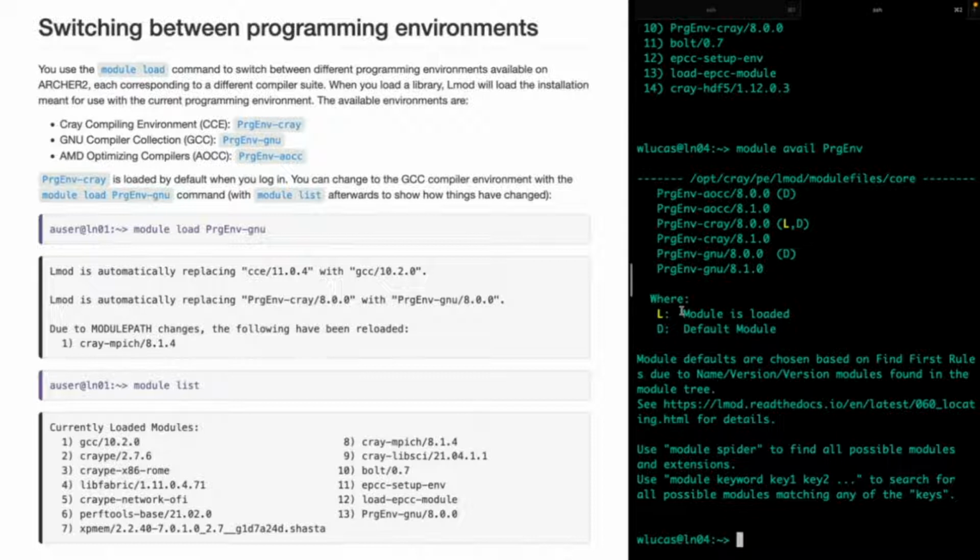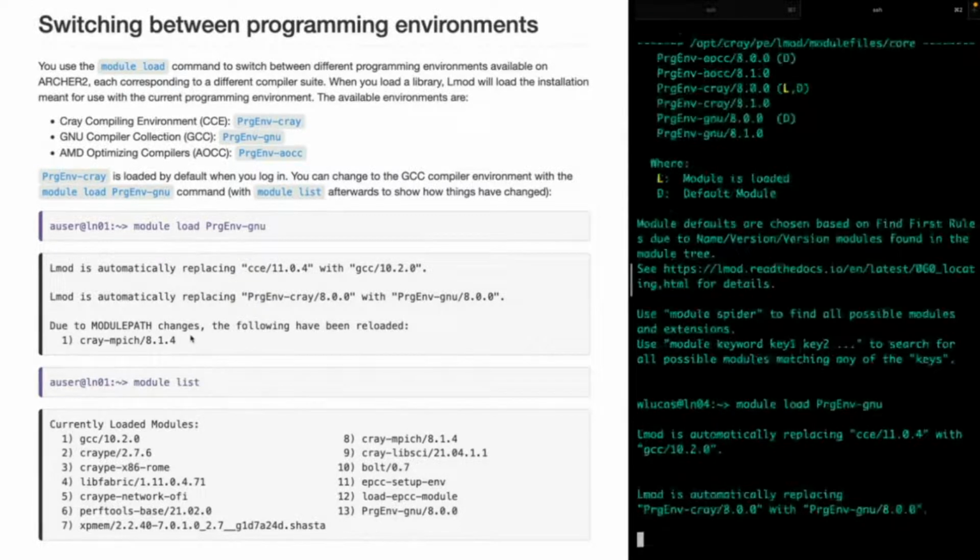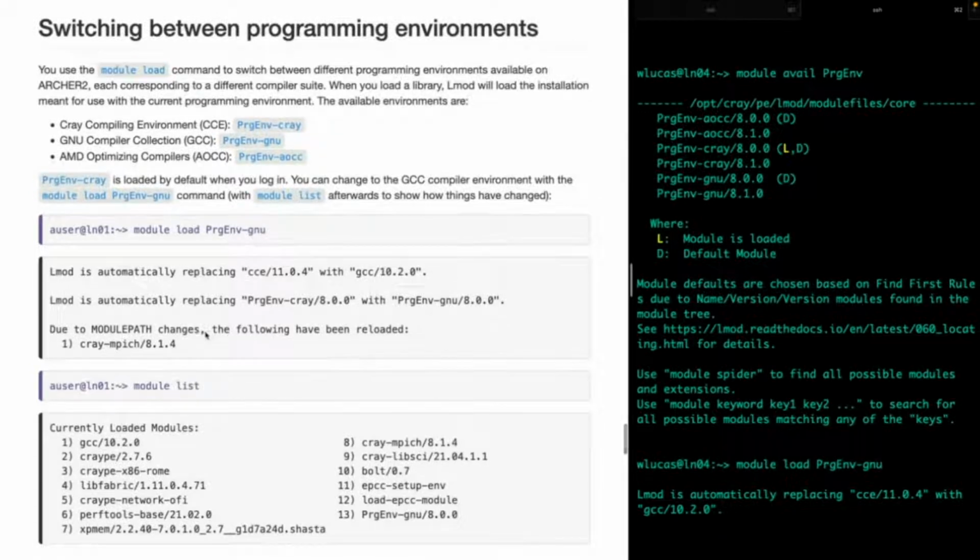the way to do it is actually to load a different programming environment module. So we would do module load PrgEnv-gnu, and after some time that will produce a couple of messages, which we'll see here, where Lmod is going to swap out some modules for other modules, and then it's going to do a little bit of magic. There we go, we're getting the messages now. It's going to do a little bit of magic,